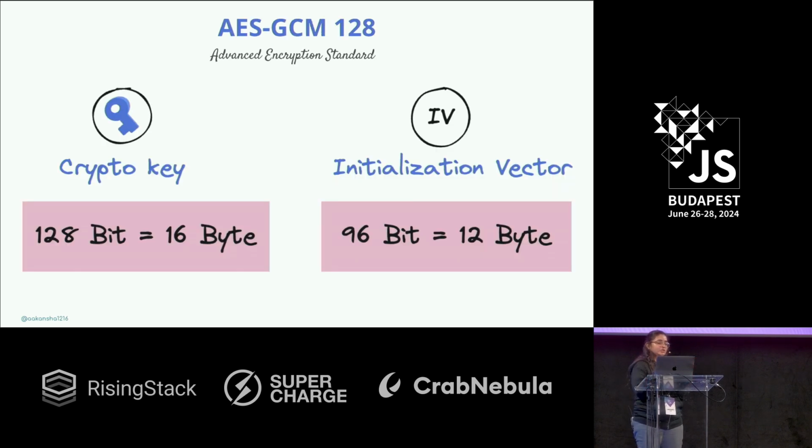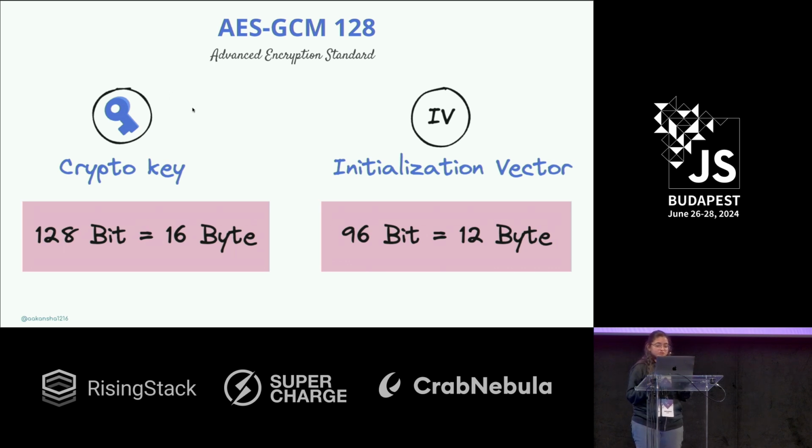So yeah, we are going to use the AES-GCM 128-bit encryption algorithm. 128 basically stands for the length of the CryptoKey. So the length of the CryptoKey is going to be 16 bytes, 128 bits. And there is something called IV, which this algorithm needs. It's recommended to use at least a 12-byte IV. You can use more, but not less. IV is nothing but a set of random numbers, which makes this algorithm stronger and harder to decrypt. So don't worry about IV, it's just a fancy name and it's just a set of random numbers.